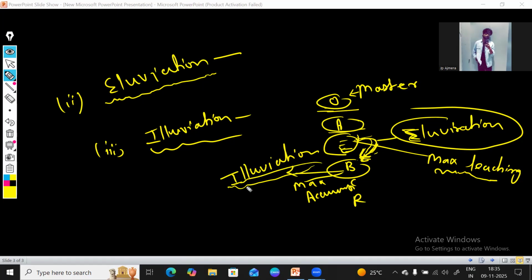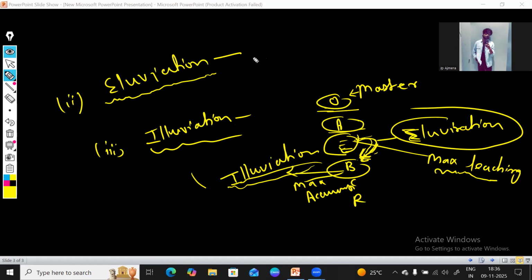Accumulation is known as illuviation and removal is known as eluviation. The thing to remember on this point is that eluviation happens in the E horizon and illuviation happens in the B horizon. I hope it's clear to you guys. Let me just make these things clear to you. You may write: leaching of soluble minerals, nutrients or salt with the water is called eluviation.